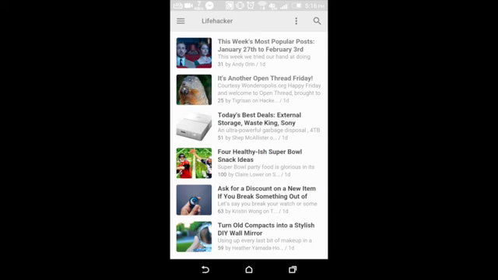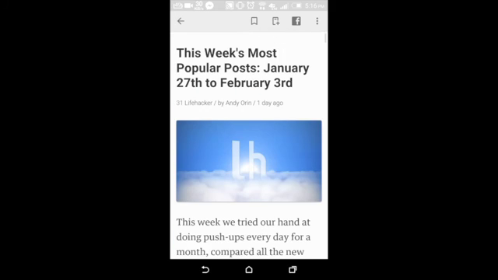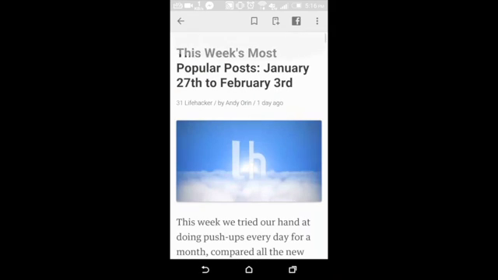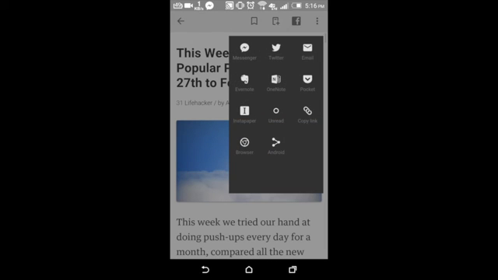These are the features, and there are more options available. So if you are on a story and you want to share it, you can just share it using Facebook. You can save it on your device. So this is how you can create a knowledge board, and you can save it on device, and then you can access it even when you don't have internet connection. You can bookmark it if you want, and for more options, you can send or share your story via these different features.